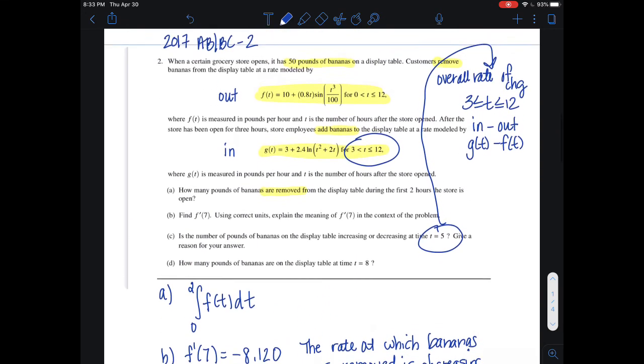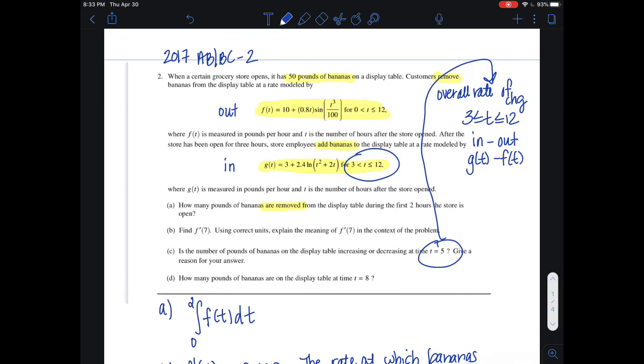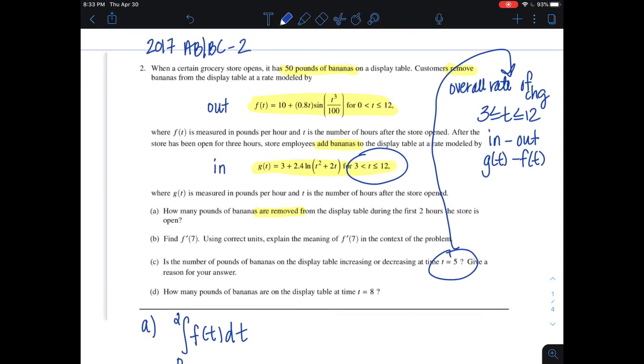Okay, so I would encourage you to look back. There's almost always a rate and a motion question on every A/B test. On BC, I would say the rates questions are probably more likely than the motion questions, but I think it's still good to maybe go over both, and hopefully this kind of